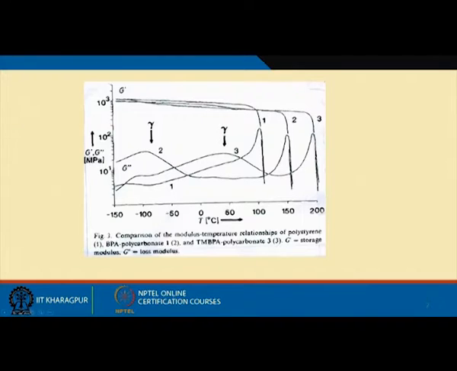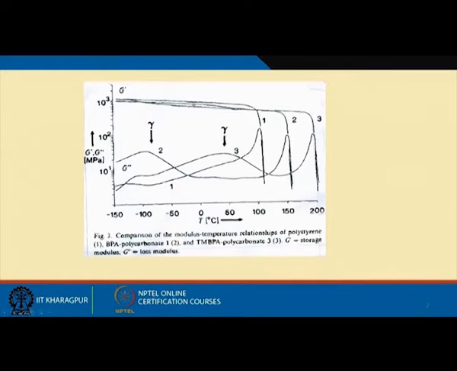So, you are plotting this G prime, this G prime is basically your storage modulus, which is typically higher than your loss modulus, which shows that the material is viscoelastic, and this is G double prime. Now, these curves are designated as 1, 2, 3, because for example, when you are saying 1, it has two sets of curves. So, one is G prime and another is your G double prime. So, this is your G double prime for the set of curves which is 1. Now, what is 1? Let us find out: comparison of modulus temperature relationships of polystyrene. Okay. So, this 1 is basically polystyrene.